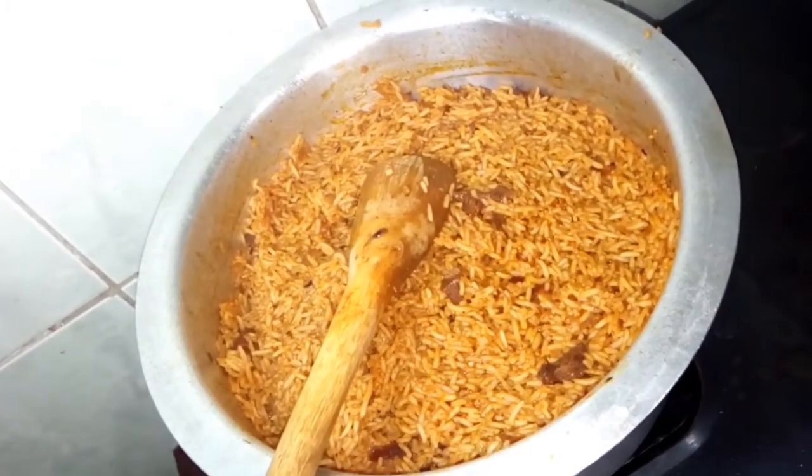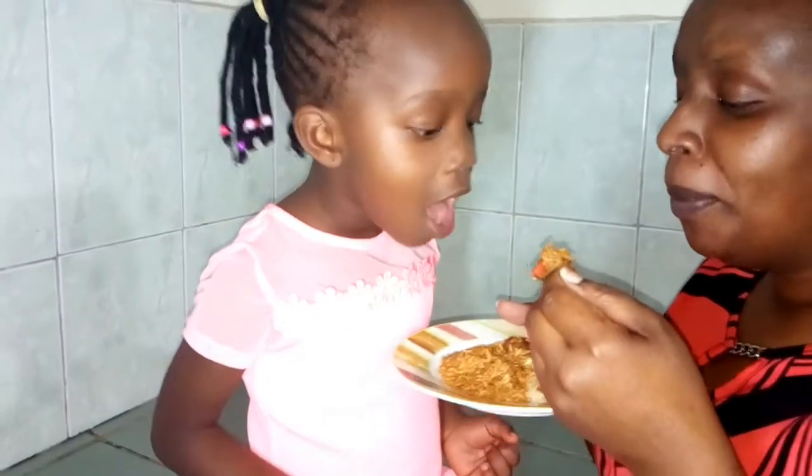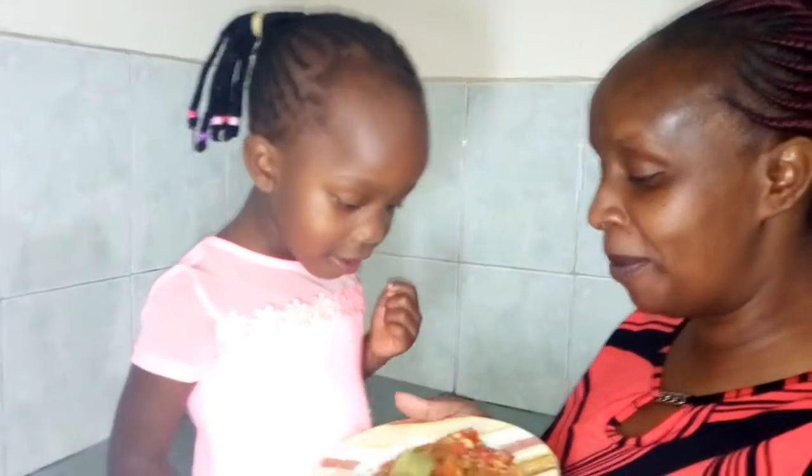So here is our guest. Our guest is here, and it's Baby Zawadi. She's the one who's going to taste for us the pilau. So this is what I've given her. How is it? It's yummy. It's yummy. Are you sure? Yes. It is, eh? Ooh, let me give you another spoon with some meat. Take your time, eh? Yummy. It's yummy. So guys, as you've heard, it's yummy, and so we will serve the rest of the family,